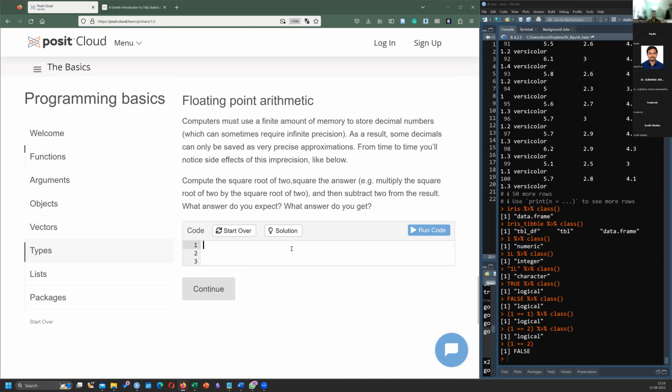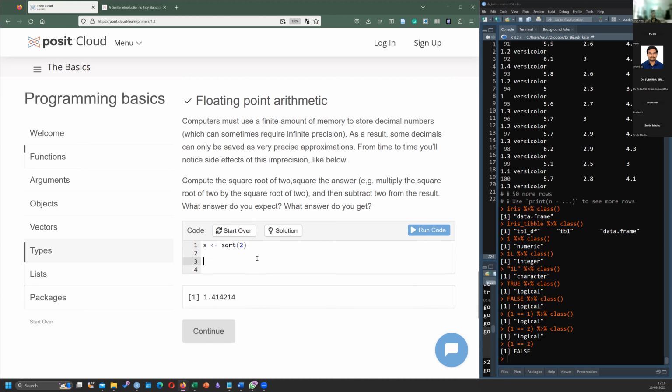So what they're saying is compute the square root of 2. How do we compute the square root of 2? SQRT of 2. This is the answer. And then we'll save it as X. Then they say square the answer.